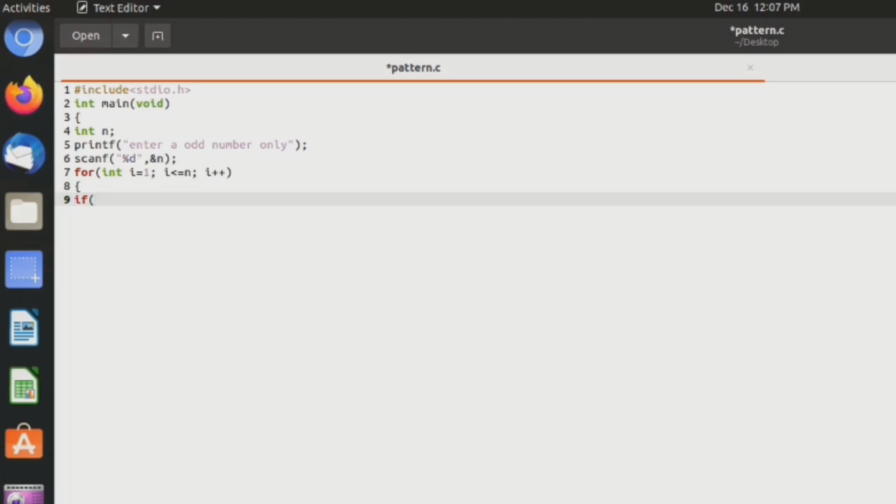And now using if i equal to n divided by 2, sorry, n plus 1, divided by 2, close the bracket. Now open curly braces. Now again using for loop,